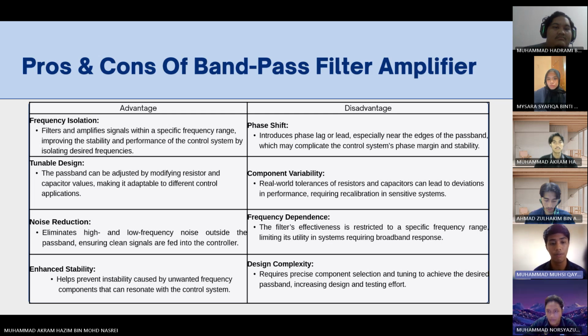First one is phase shift. It introduces phase lag or lead, especially near the edge of the passband, which may complicate the control system phase margin and stability. The next one, component variability: real world tolerances in resistors and capacitors can lead to deviations in performance. Third one, frequency dependence. The filter effectiveness is restricted to a specific frequency range, limiting its utility in systems requiring